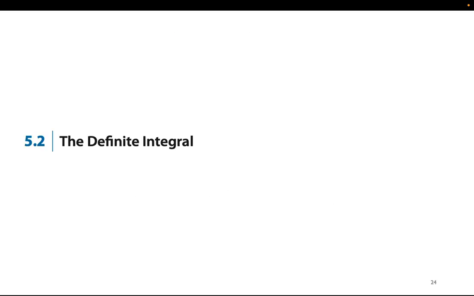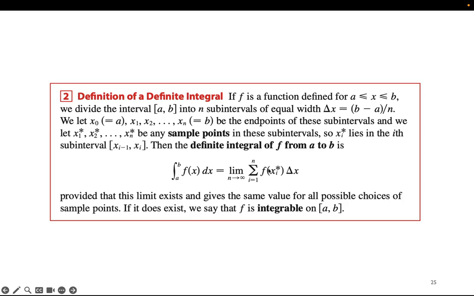For this definition to make sense, we have to make sure that this works for any sample point, not just the right endpoint. If I were to use the left endpoint, it should also be the same. This limit process should not depend on which point I use, the endpoint or even the midpoint or any random point in that interval. Again, something we don't have to worry about. So don't worry too much if that's not clear. So all we want to understand from this is that